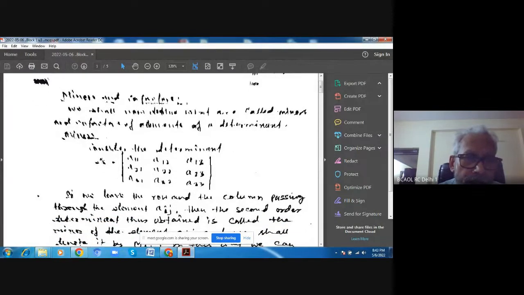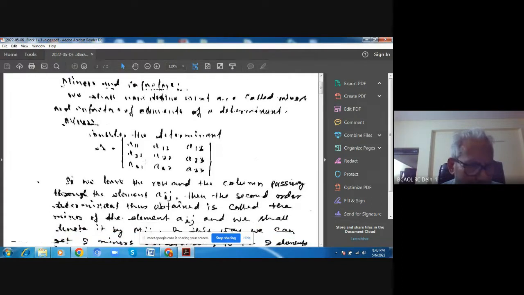Anyhow, that is the determinant: A11, A12, A13 is the first row, the second row is 21, 22, 23, and 31, 32, 33. This is the way it is organized. So if we leave the row and column passing through the element Aij, where Aij means first row and first column, i and j representing the row and column. That's all. So considering this element A11,